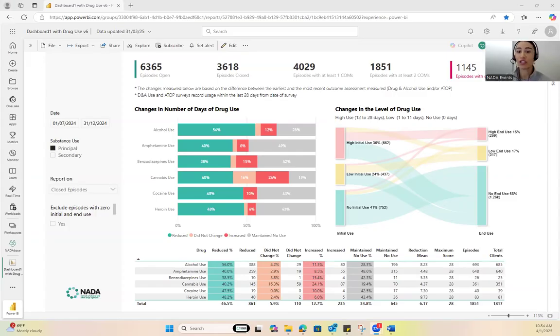The changes in drug use dashboard is a dashboard aimed at highlighting your service's principal drugs of concern and showing you the changes in days of use in each drug. Please note that although we look at changes in days of drug use, we do not consider quantity of use